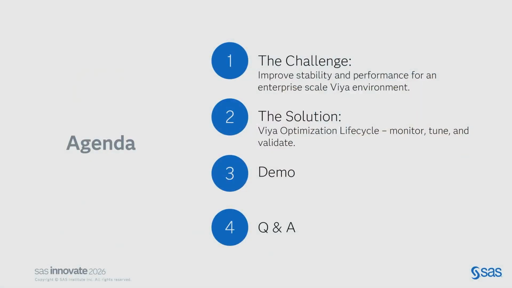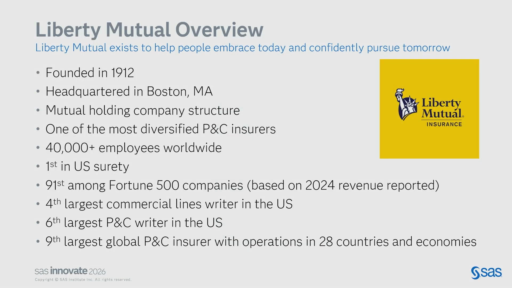So we're going to start off talking about a challenge, all right? And really, it's about our experiences in deploying VIA in a large-scale enterprise environment, right? What kind of stability and performance issues did we hit? And then we're going to dive into, well, how did we fix that, right? What was our solution to get past those stability issues and really just improve the overall quality of the platform itself, right? After that, Ishwar is going to show us a little demo, and then we'll follow up with some Q&A. So I'll let Yiqing take it from here.